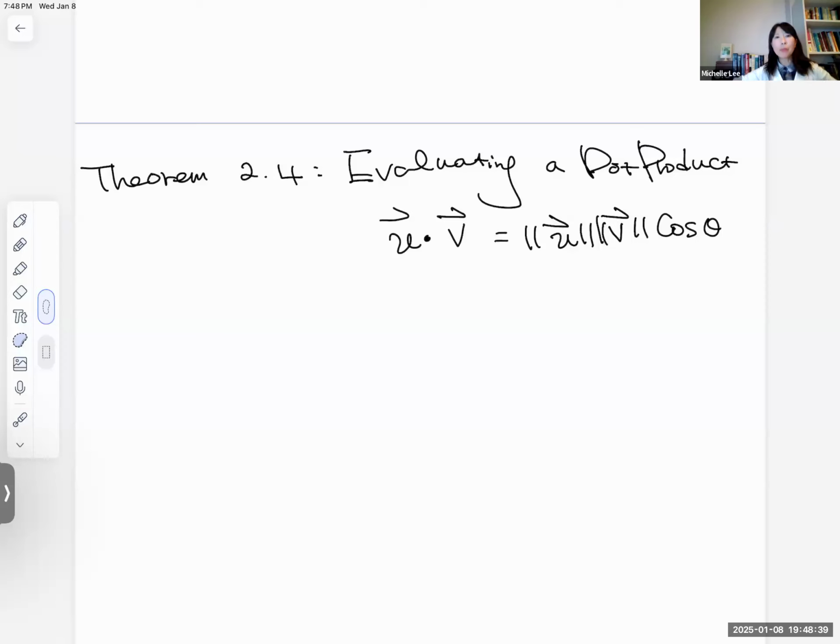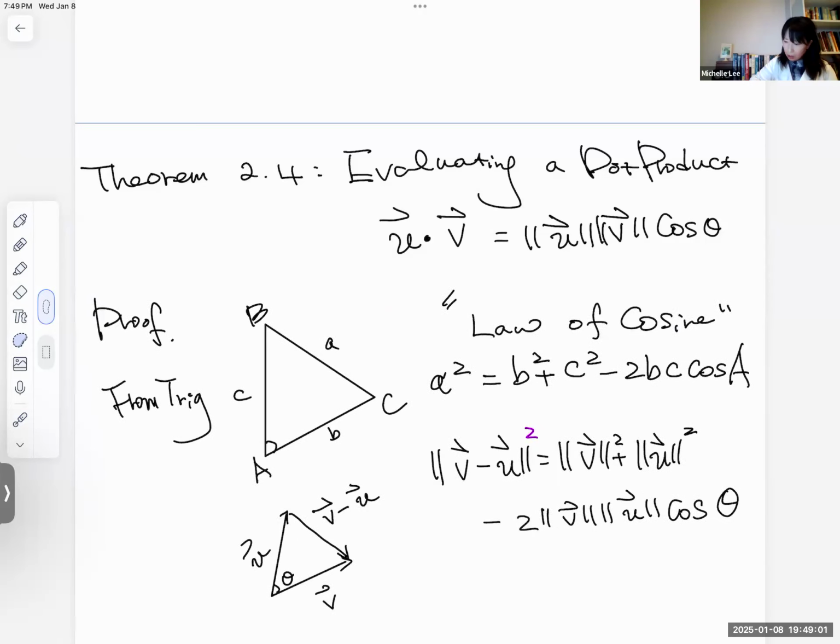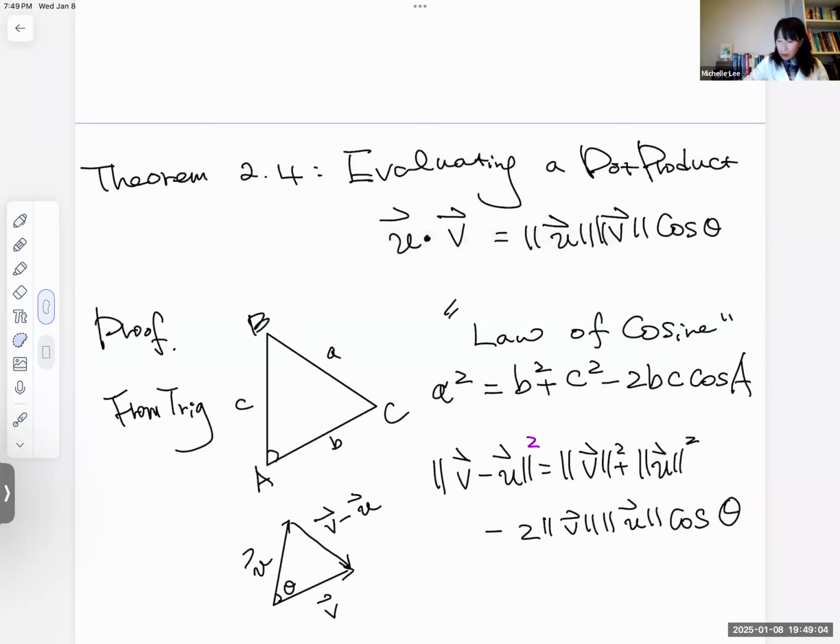Okay, so we have Theorem 2.4, evaluating a dot product. The dot product of u and v is the magnitude of u times the magnitude of v times cosine theta. So let us prove this. Let me show you this one. Okay, so we have this triangle, and from trigonometry,